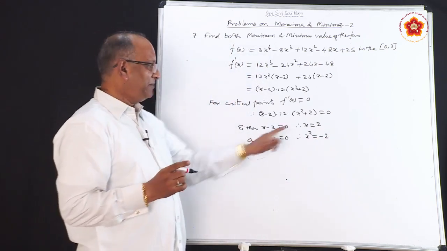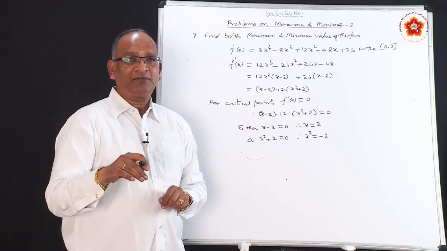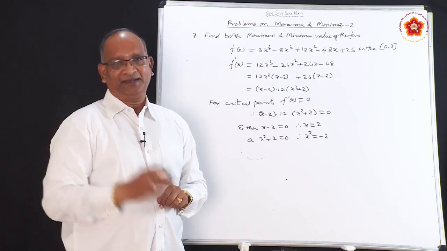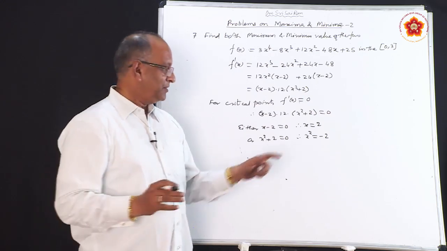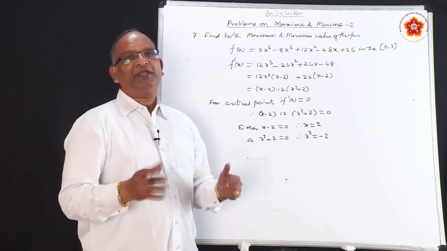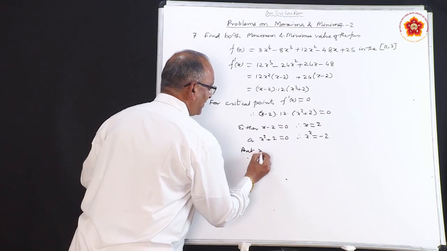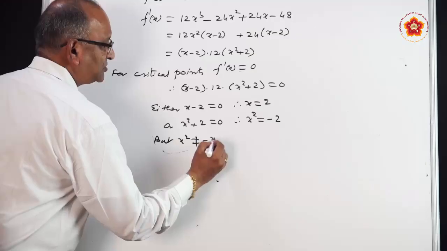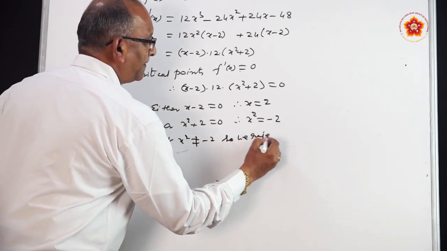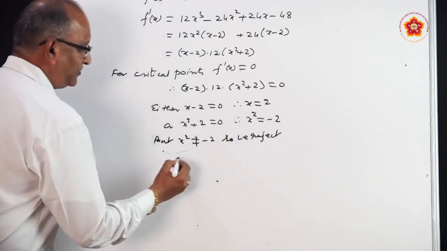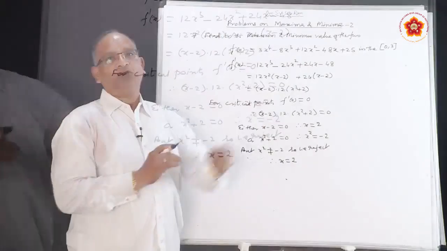And we know that square of a number cannot be negative. If it is negative, it only means that the values of x are going to be unreal. We do not need to discuss about unreal roots. So, we reject, saying these values need not be taken into consideration. But x square cannot be minus 2, so we reject. So, the only value we got is x equal to 2, but remember he has given the closed interval.